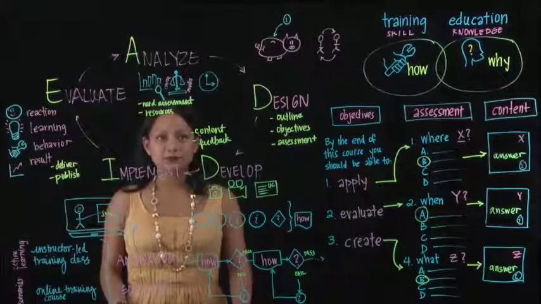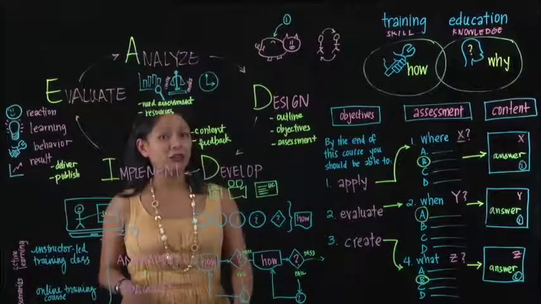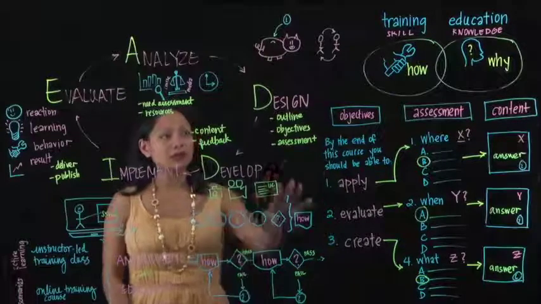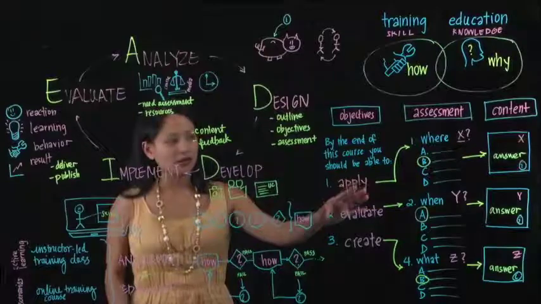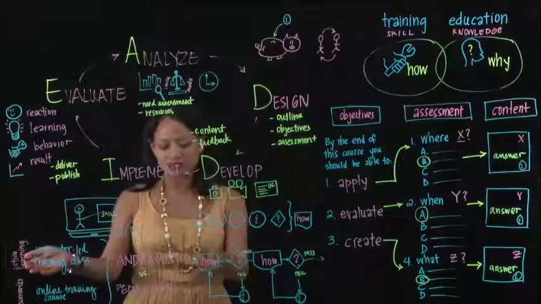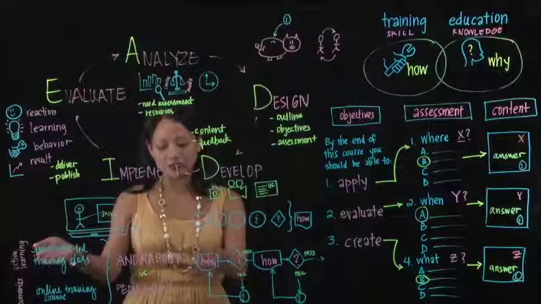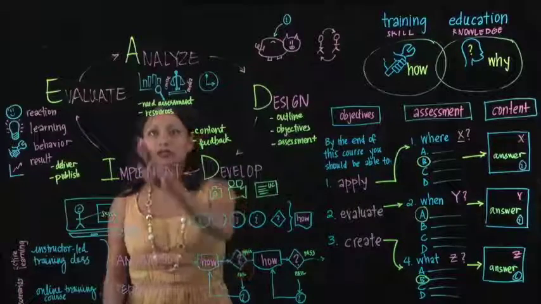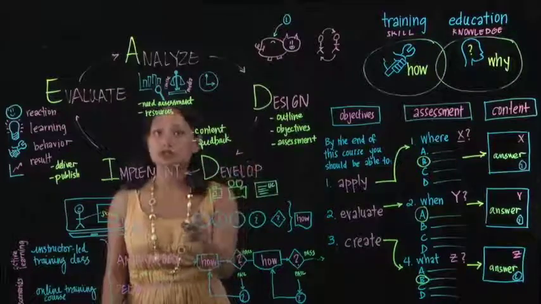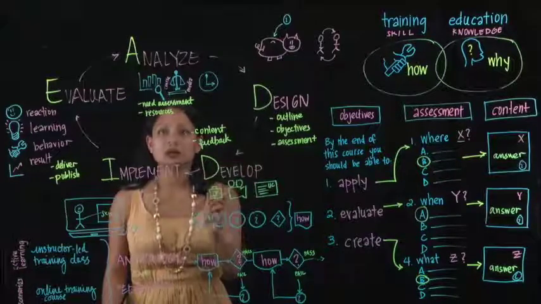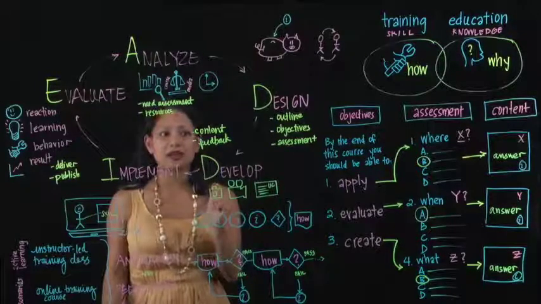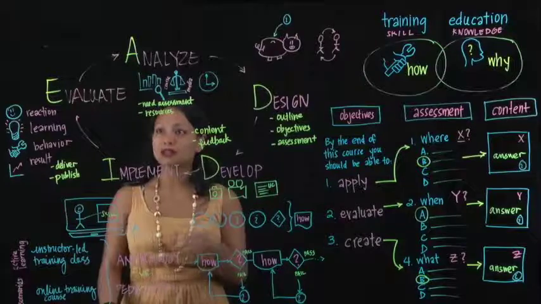In summary, whenever you're creating training, you want to follow sound instructional theory, and that means applying backwards design in the creation of instructional materials, incorporating adult learning theory and adult learning principles when delivering a course, and then following an instructional model so that you can make sure that your educational initiative is comprehensive. And the model that we talked about today is the ADDIE model of Analyze, Design, Develop, Implement, and Evaluate.